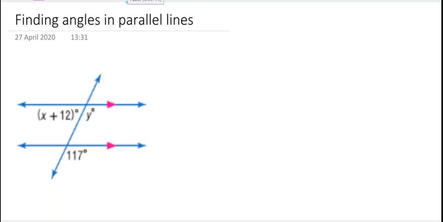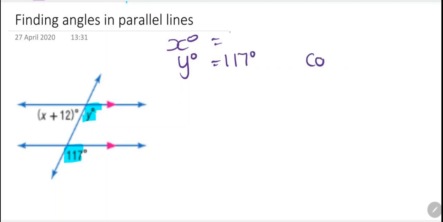Finding angles in parallel lines. So we're looking to find the value of x degrees and y degrees. If you look here at y, we can see that these angles are corresponding and they're congruent. So y is equal to 117, and that is because they are corresponding